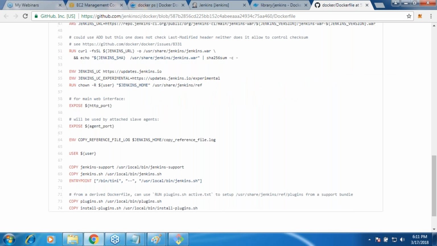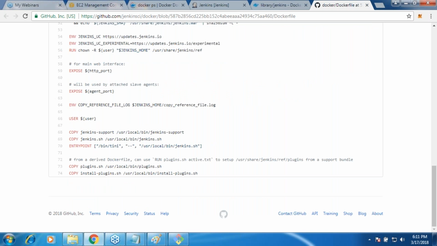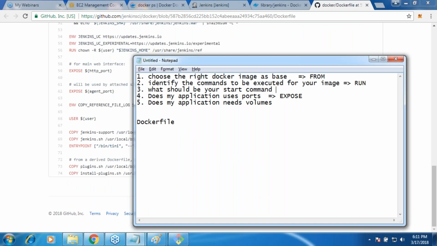And then you see something called ENTRYPOINT. Okay, and we have also seen an instruction called VOLUME.